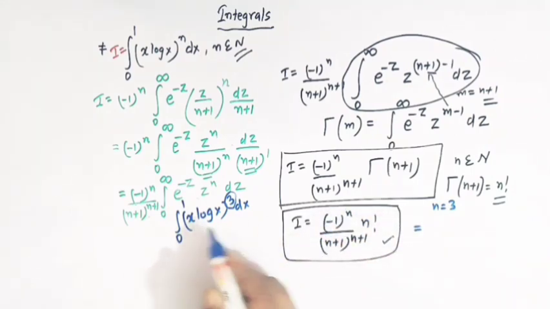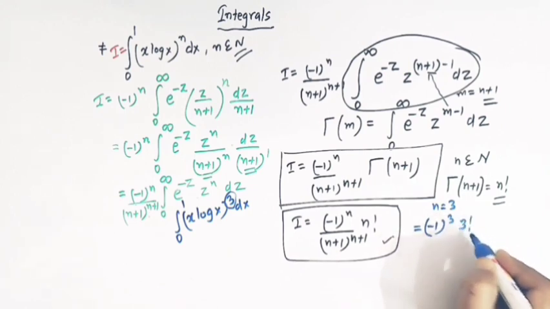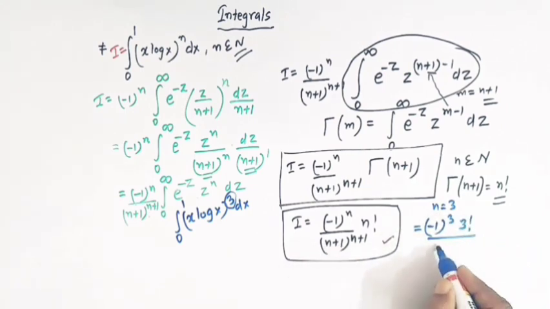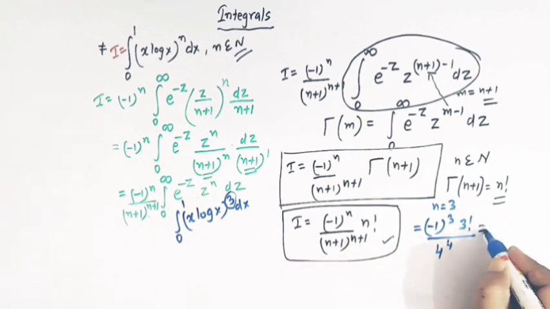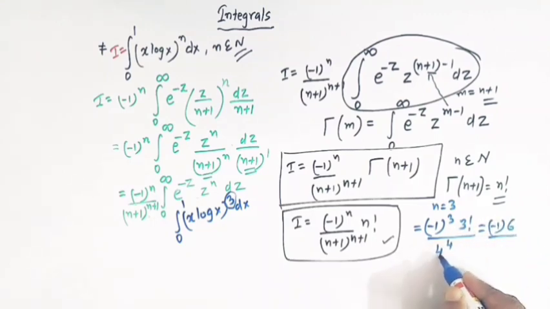So the value is minus 1 raised to 3, 3 factorial, over 3 plus 1, that is 4, raised to 4. Minus 1 raised to 3 is minus 1, 3 factorial is 6, and 4 raised to 4 is 16 times 16, that is